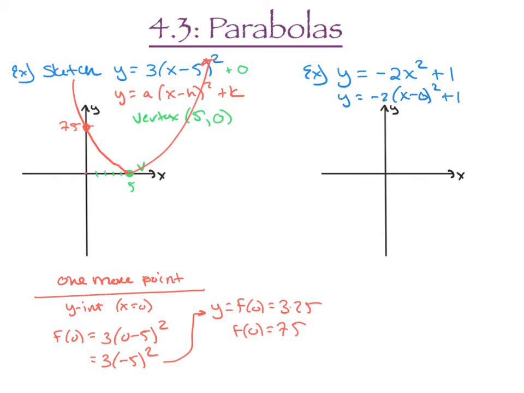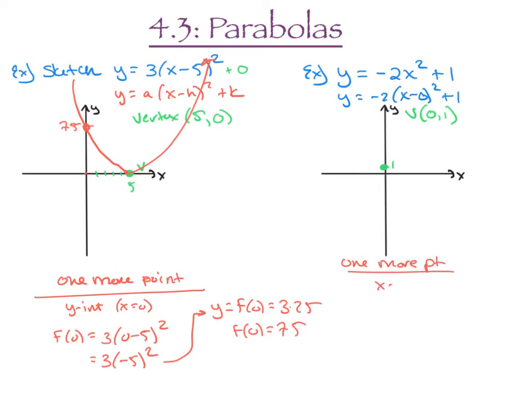I often get the question, Mary Beth, how did you know to put a minus 0 instead of a plus 0? It's 0. It doesn't matter whether you put minus or plus. The formula prefers the minus, so I may as well do that. And this can tell me that the vertex, I'll just call it V, is at 0, 1. So x is 0 and y is 1. And for my one more point,